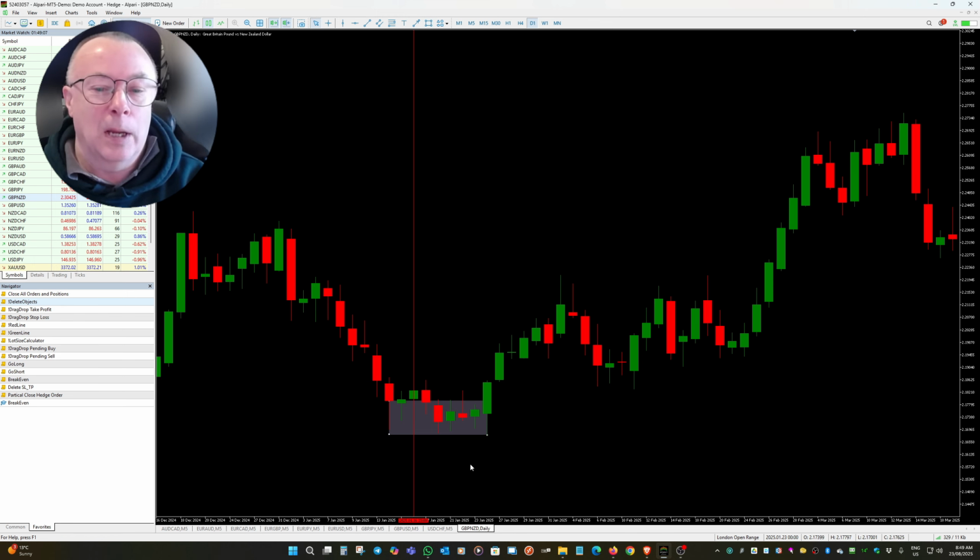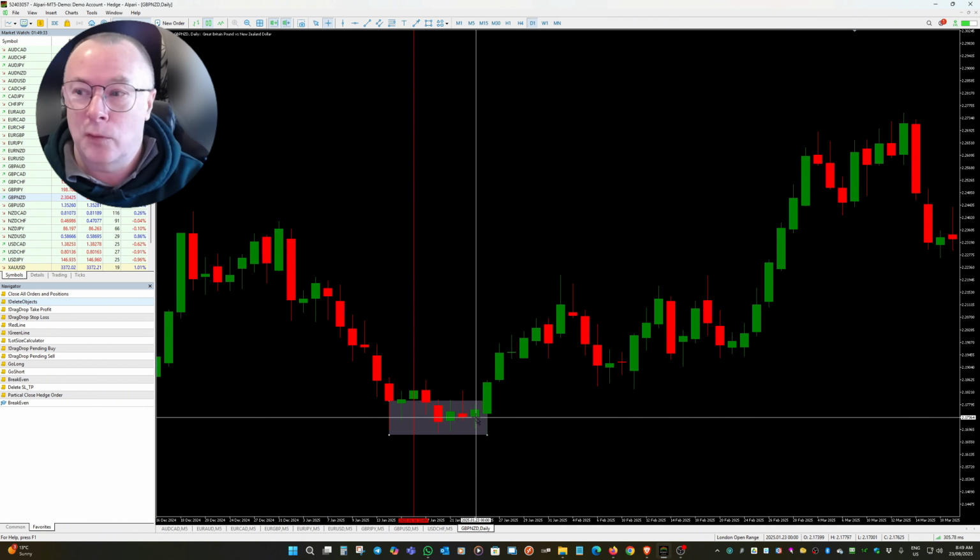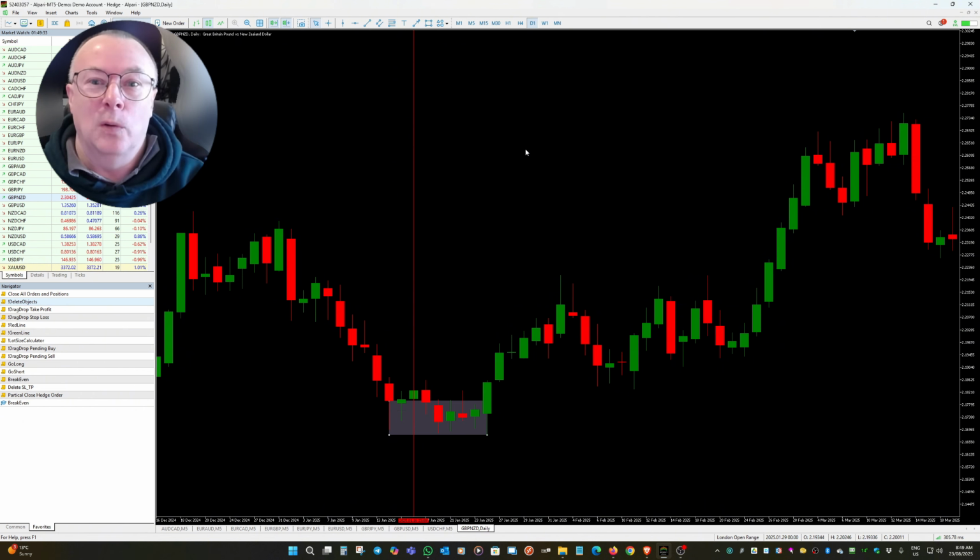Okay, once we have drawn our zone, this is going to be our entry area. Some people might actually just go 50% in the zone and take their entry, but what I do is drill down to a lower time frame,